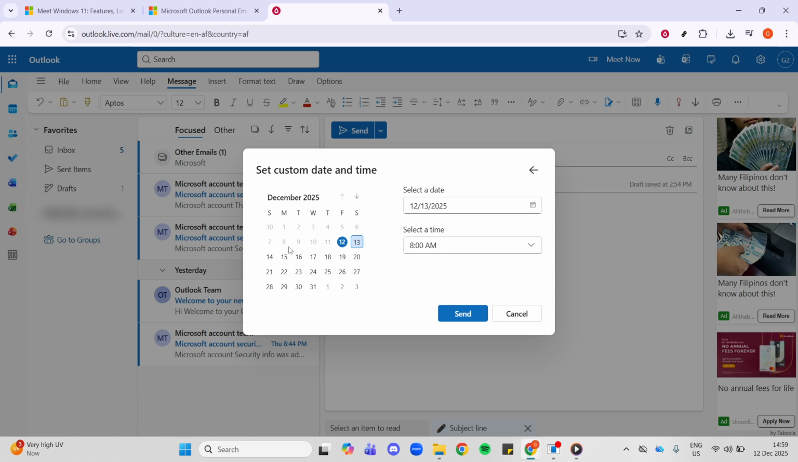You've just learned how to send an email in Outlook, saving yourself time and making your communication more